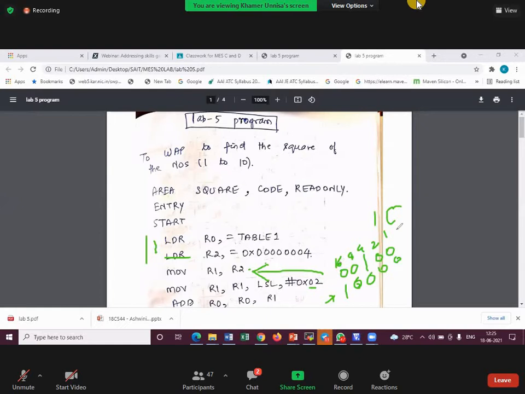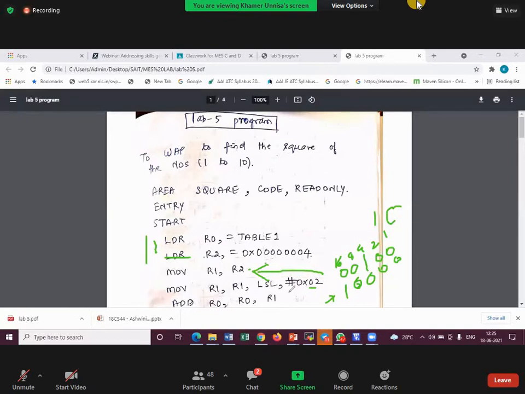If I'm not wrong. So what is happening over here? Just a minute, guys. I am shifting 2 times left, so my 4 has become 16. Who told 32 over here? Is it 32 or 16? 16. No, ma'am, it's 16. So my new number is 16. So this R1 will be holding what value over here?